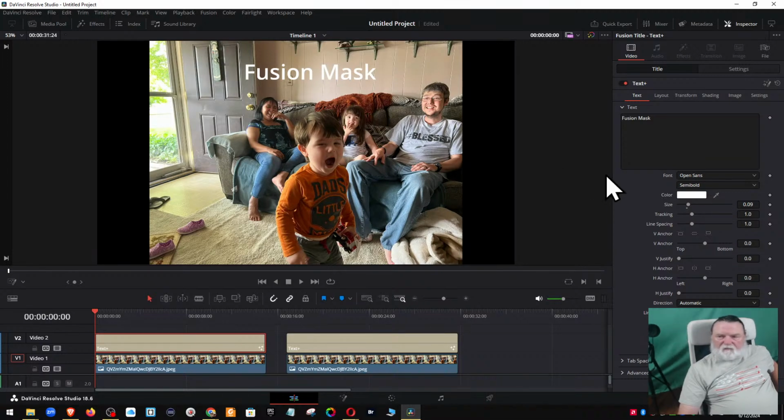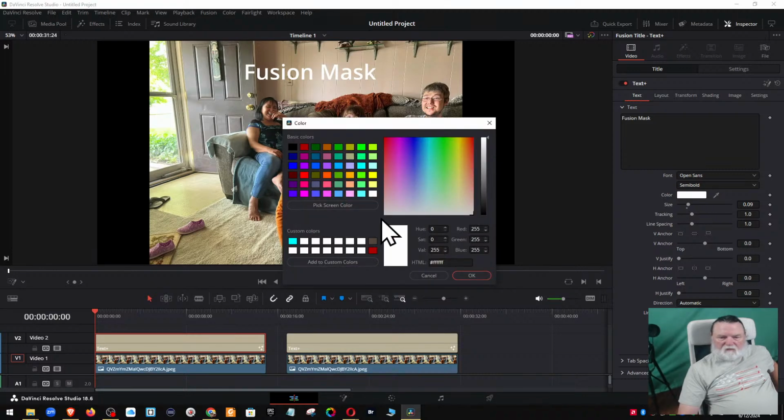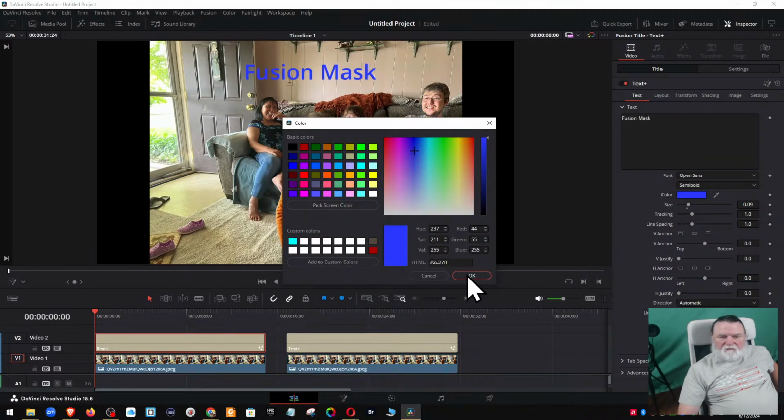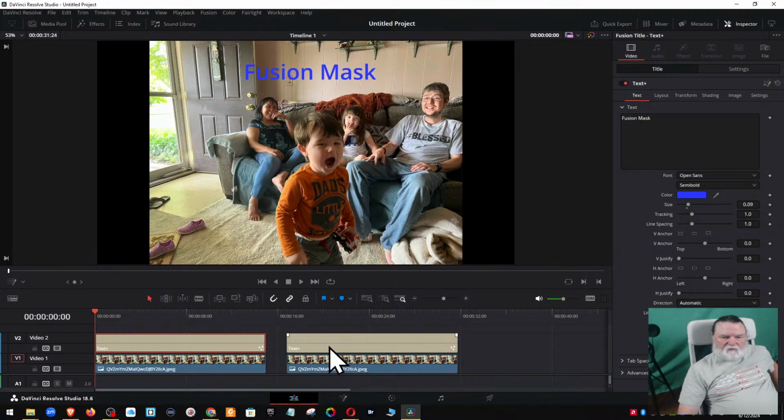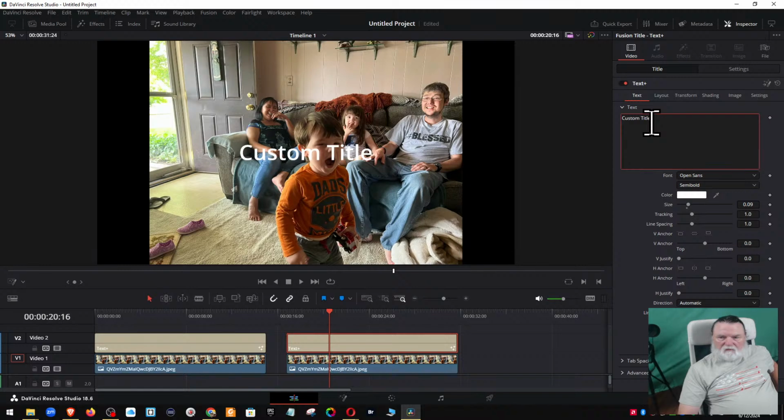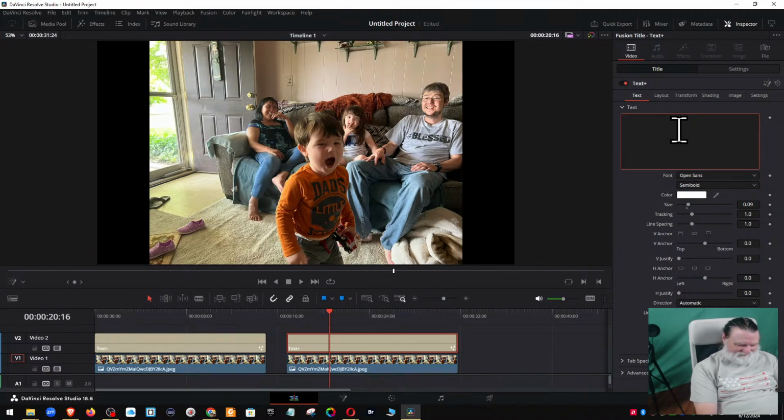Nope, I can't grab the picker. That's terrible. I don't see the picker in here, so I'm just going to go grab me a color. That looks good for now, and do that. And then this one is going to be called the color page